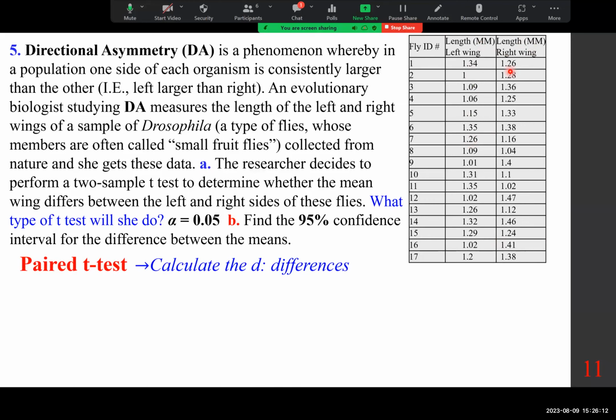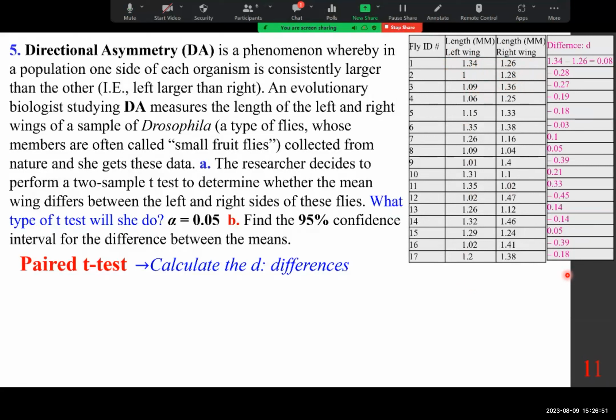You can say 1.34 minus 1.26 and write it, or you write 1.26 minus 1.34. Just be consistent. Whatever is the first one, you keep it. If the left wing is the first one, always the left minus the right. If you want to do right minus the left, it's just as good. But all of them, not some of them, otherwise it will be wrong. Be consistent. So we're going to do left minus right: 1.34 minus 1.26, 1 minus 1.28, 1.09 minus 1.36, and we make up a new